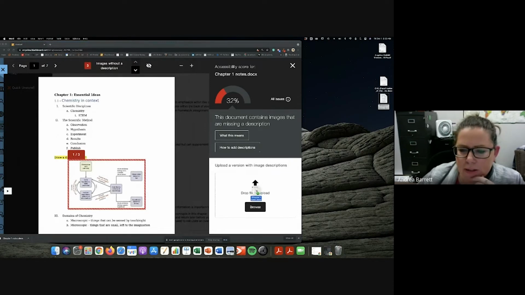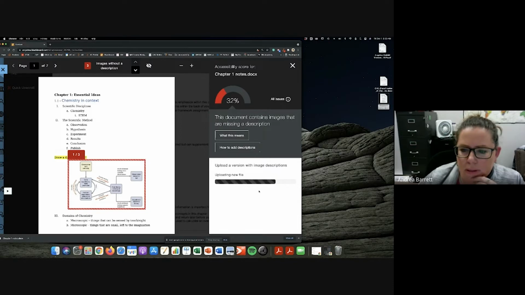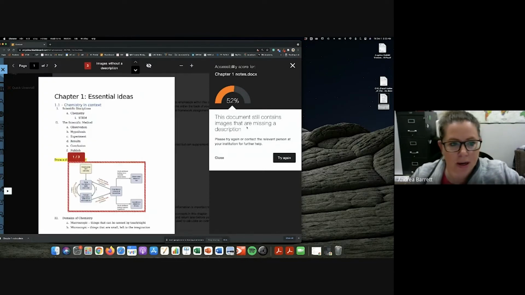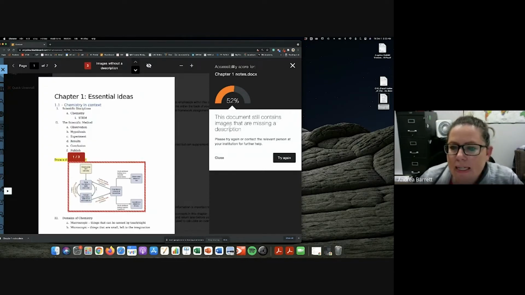And now drag and drop this guy in there. And it should say, hey, wonderful. You now have those styled headings. The only thing now is each of my images is missing descriptions. And this is that point